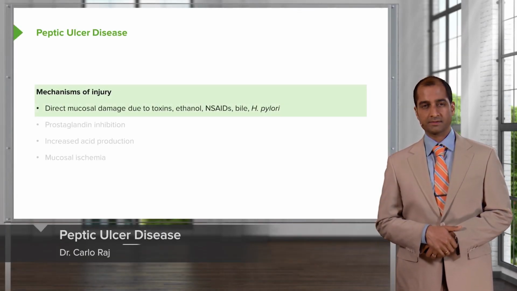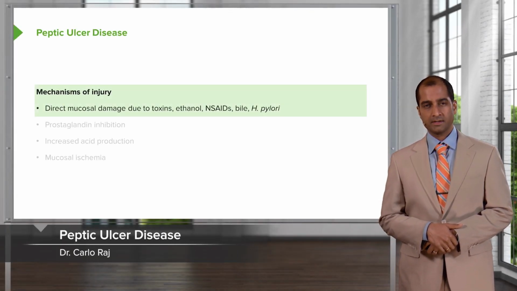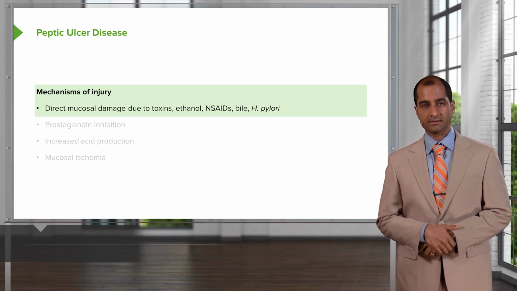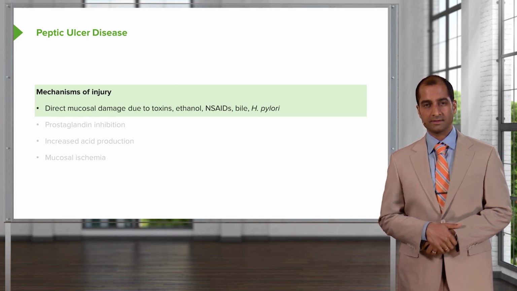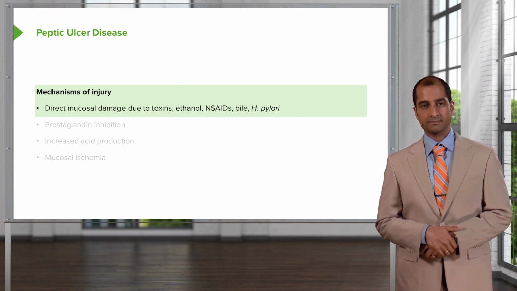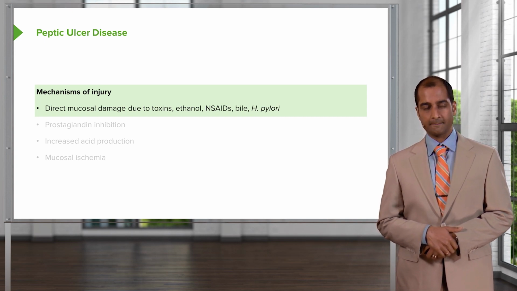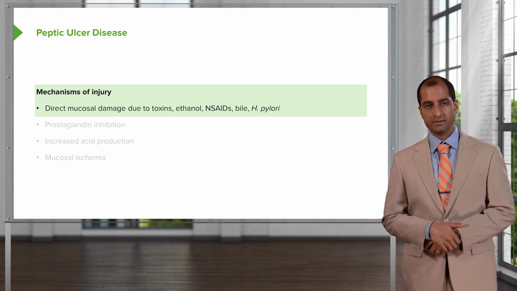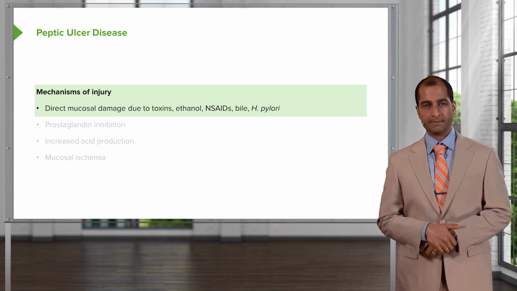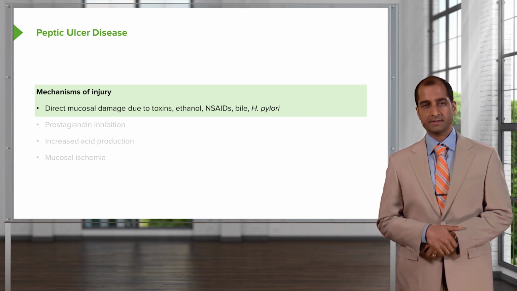Our topic now brings us into peptic ulcer disease. Peptic ulcer disease, you divide this into that disease or erosion that's taking place in the stomach versus that type of erosion that might be taking place in the duodenum. By far, in the U.S., the most common type of peptic ulcer disease would be the type that's taking place